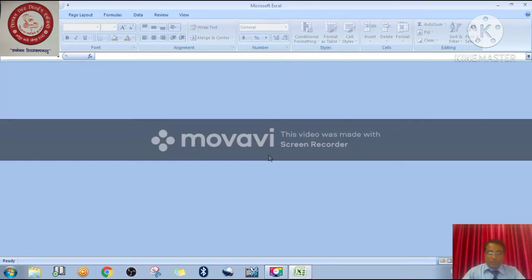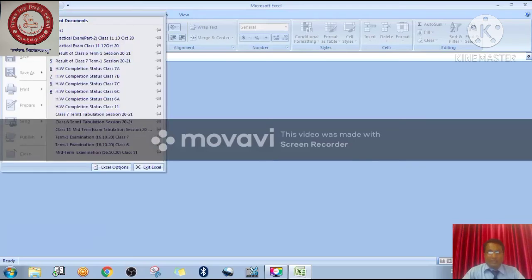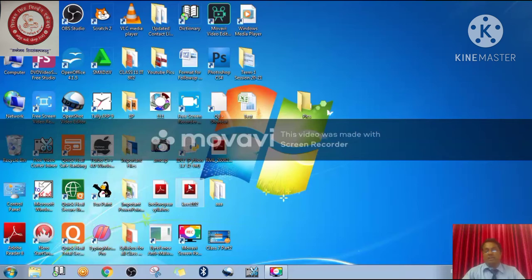Now you can still observe that once I press close, the whole workbook is not closed here. Again, if you press here and click on exit Excel, then the whole workbook will be closed. See, now the workbook is properly closed here.